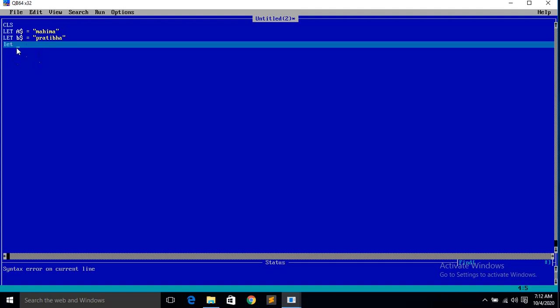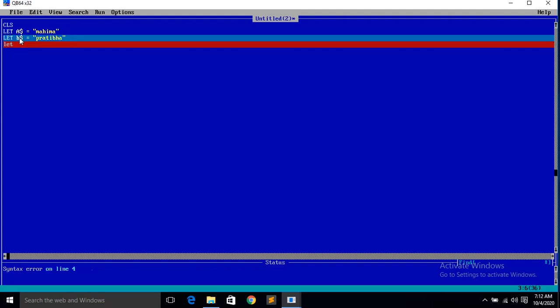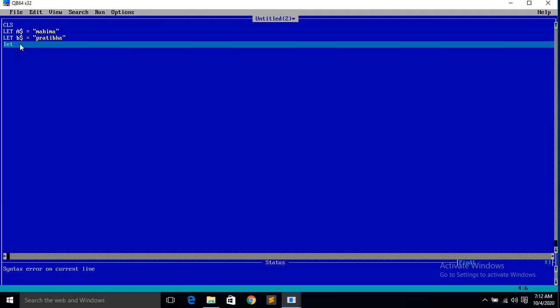So whenever you print the value, mind that you have to be careful when you are giving the variable. If in the variable you give small letter, you have to use small letter in the print statement. Okay, so let us see. I will show you what will happen if you change the variable name when you are using it in the print. So again I am giving this capital letter $C is equal to Sakshi.